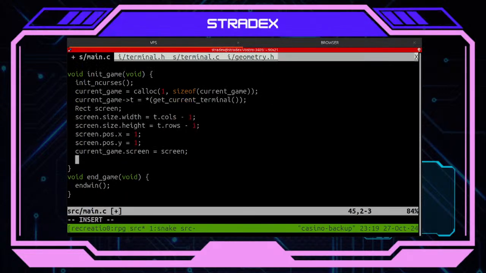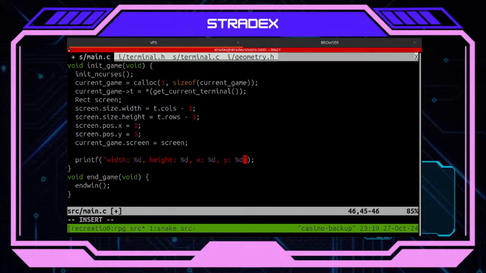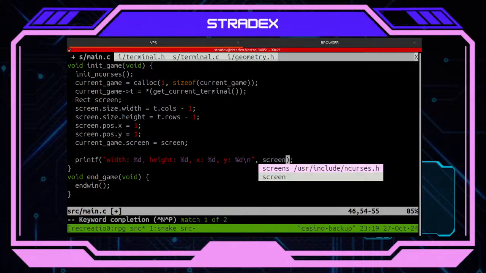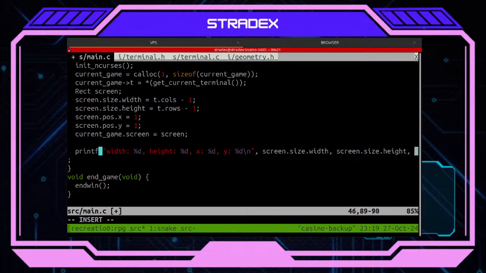And if I do here some sort of printf with x y, and I use the screen size, dot height, screen dot pos dot x, screen dot pos dot y.